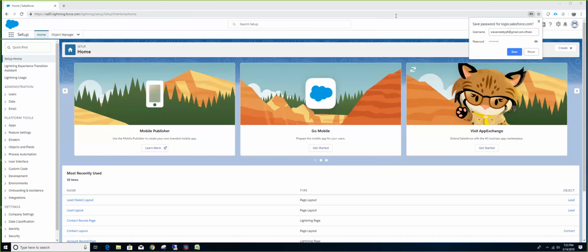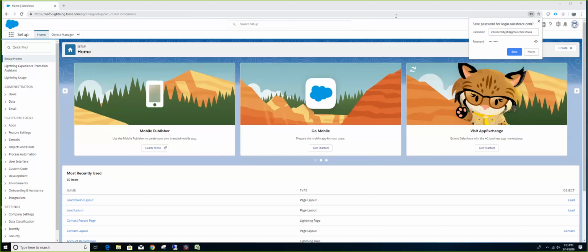So we have something called a dependent picklist that we can configure too. And then we also have formula fields, which can be used to calculate, for example, the number of minutes, stuff like that.